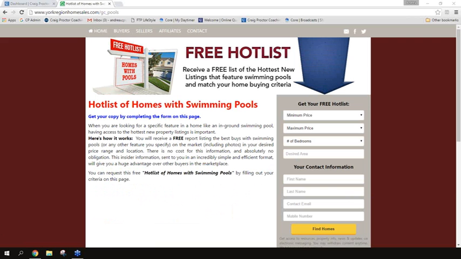great properties with pools. And I know that every single buyer that responds to that ad is looking for a home with a pool. So if I generate 20 buyers and all of those buyers are looking for a home with a pool, and your home has a pool, then I've got 20 buyers that I can now show your home to, and they're all looking for a pool. So it becomes more likely that some of those buyers are going to really fall in love with your property.